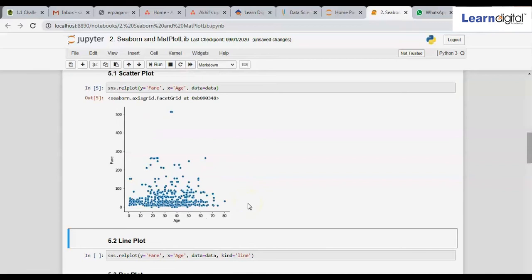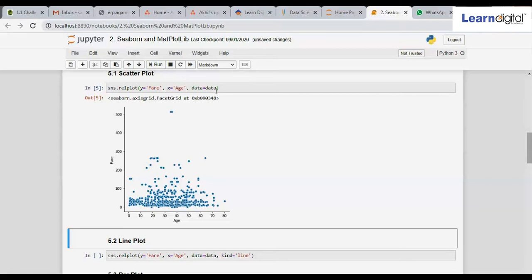Let me explain the code I have used. When you are making a relational plot, that is the scatter plot, you have to use sns.relplot and you have to mention the y-axis and x-axis. That means which column you want to take on the y-axis and which column on the x-axis. And you also need to tell Python from which data set to acquire this data.